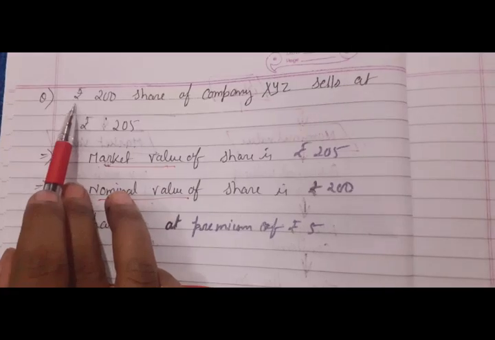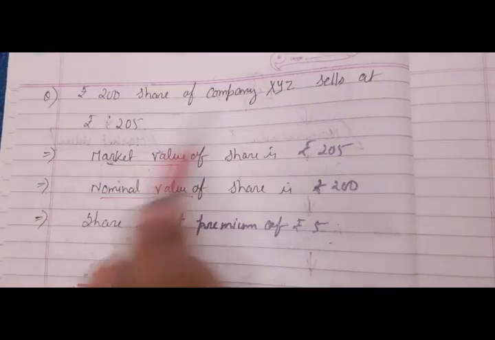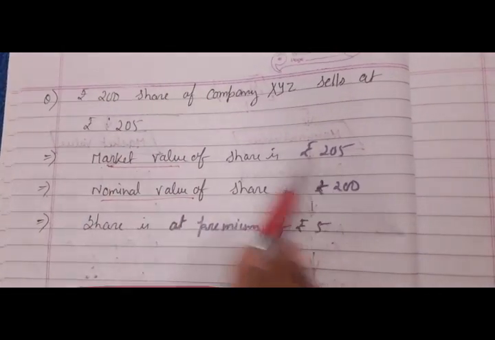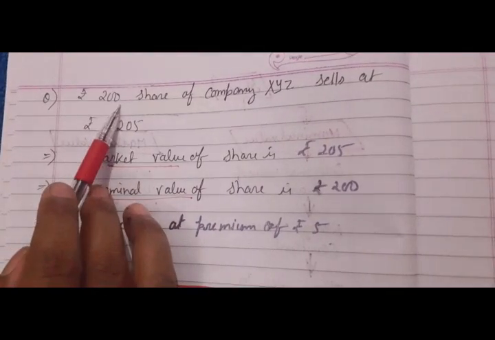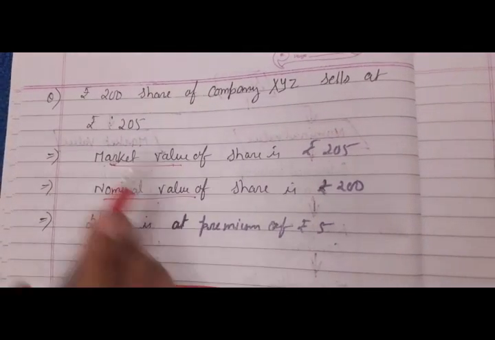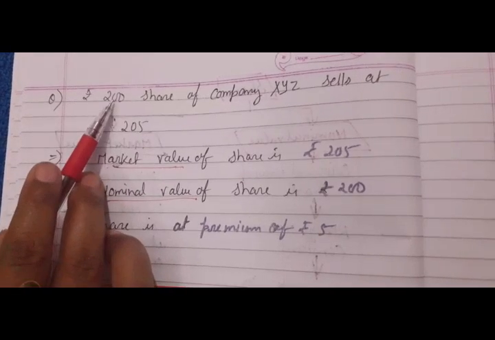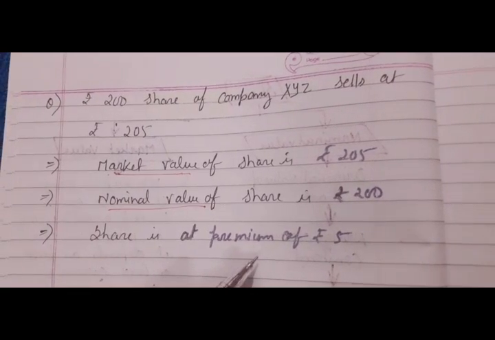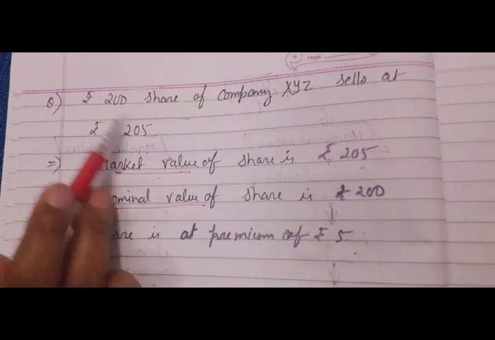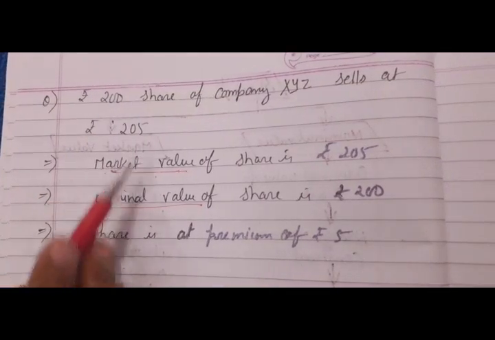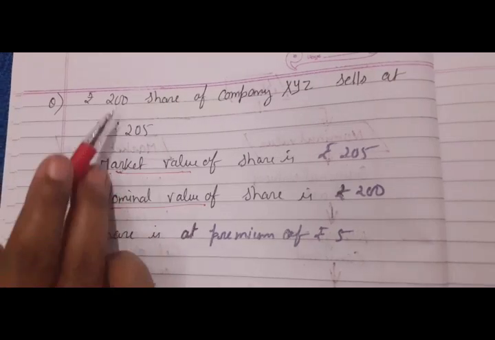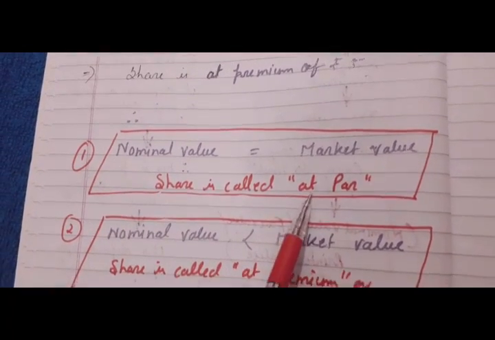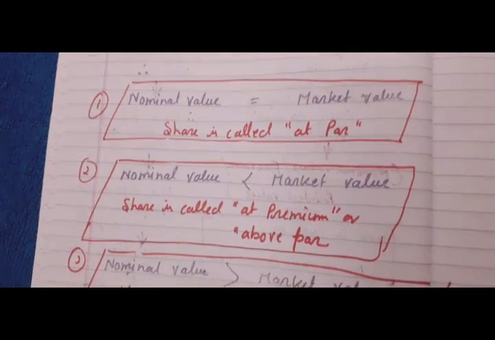competition examination. So coming back here, if this line is written and someone asks what is the market value of the share, according to the question I have written rupees 205. What is the nominal value of the share? It is rupees 200. And the share is at a premium of rupees 5 because the cost increased. And if it is 200 and this is 180, it means the share is below par. Or if the nominal value and market value are both 200, then we write the share is at par, meaning there is no loss, no profit. So try to understand these words: at par, at premium, at discount.